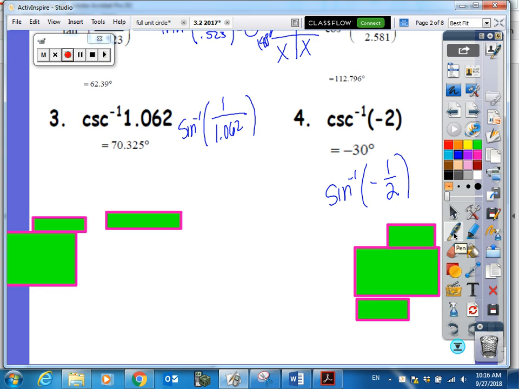Again, does that make sense that we have a negative angle? Well, let's think about our restrictions. Inverse cosecant or inverse sine, both have to be in either 1 or 4. The calculator is set up for principal value. You don't have to tell the calculator you're finding principal value. If I am writing it on the paper, I have to tell you principal value. But the calculator, just like it automatically has order of operations, will automatically only find the principal value. So this negative should be down here in quadrant 4. Remember, we can't go into or through